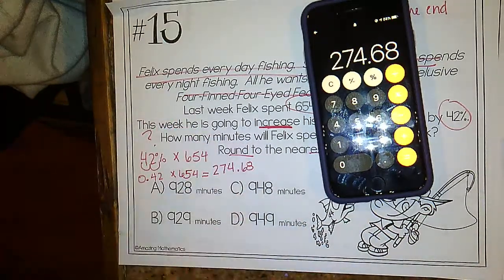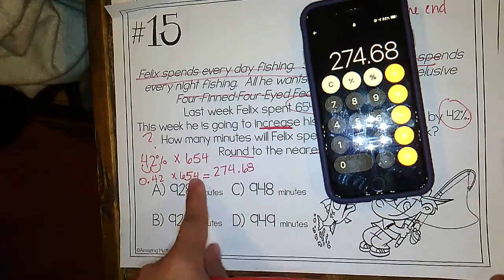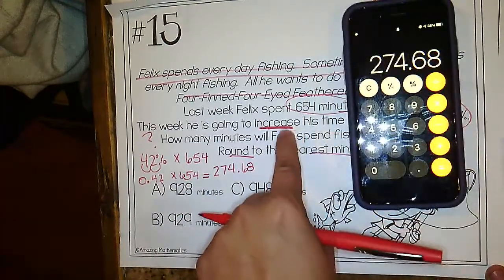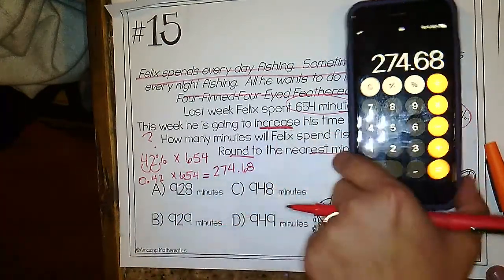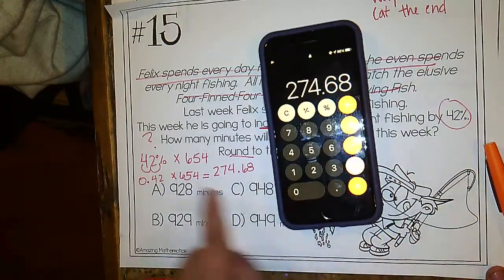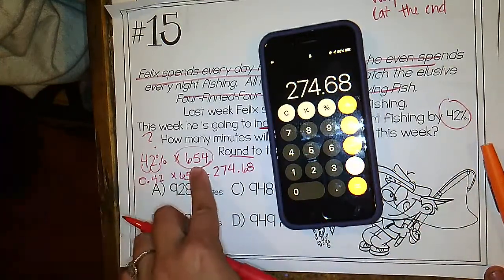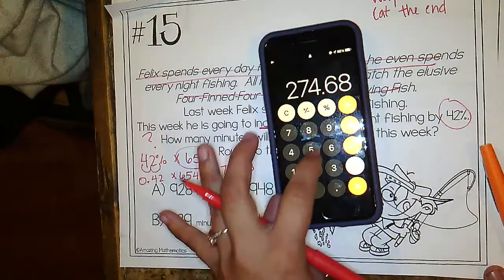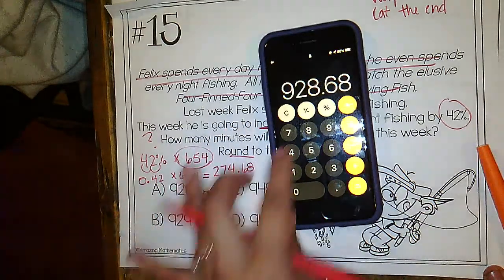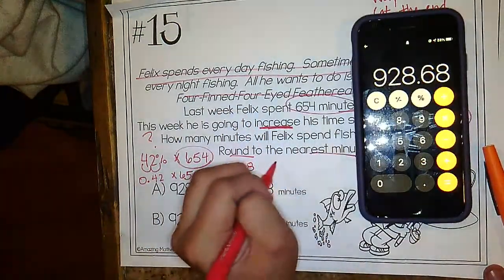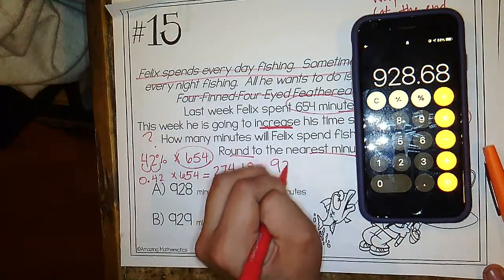Is this my new total? No, because I haven't added it just yet to my original time. Remember, I'm adding because it says increase. So I'm going to do this plus my original time, which is 654. So now my new total is 928 minutes,